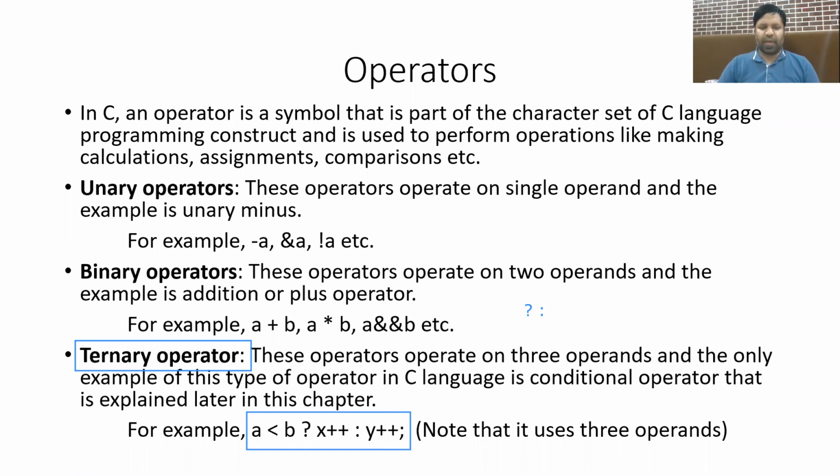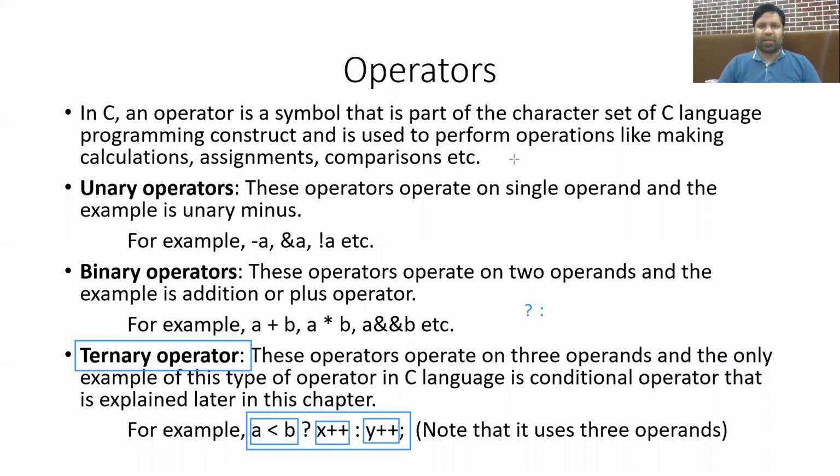Now what will happen when you evaluate this expression, or you can say, what happens when you solve this expression using the ternary operator and you want to display the value? The first thing that you see on the left hand side of the question mark operator is A less than B. Is the value of A less than B? If it is yes, then the value of X will be incremented, otherwise the value of Y will be incremented.